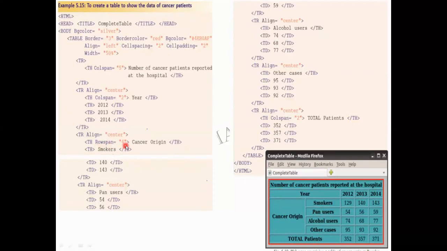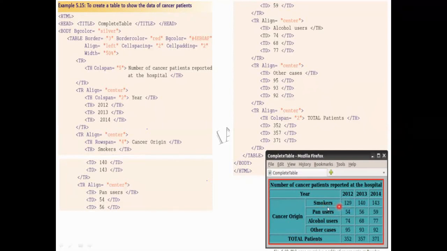With rowspan 4, what did I tell? This value will automatically move to the first position. When you enter it as data, it will move to the first position, and the remaining headings or data present there will go along combined with this row.